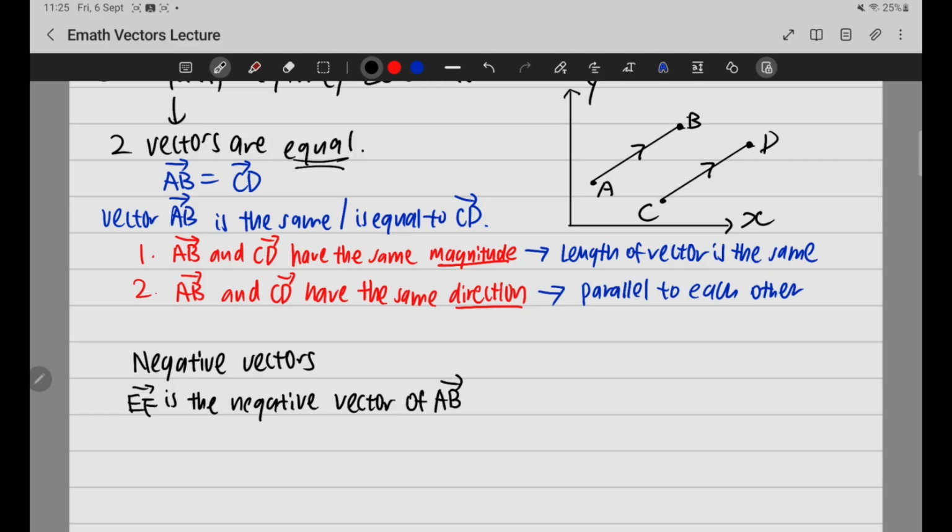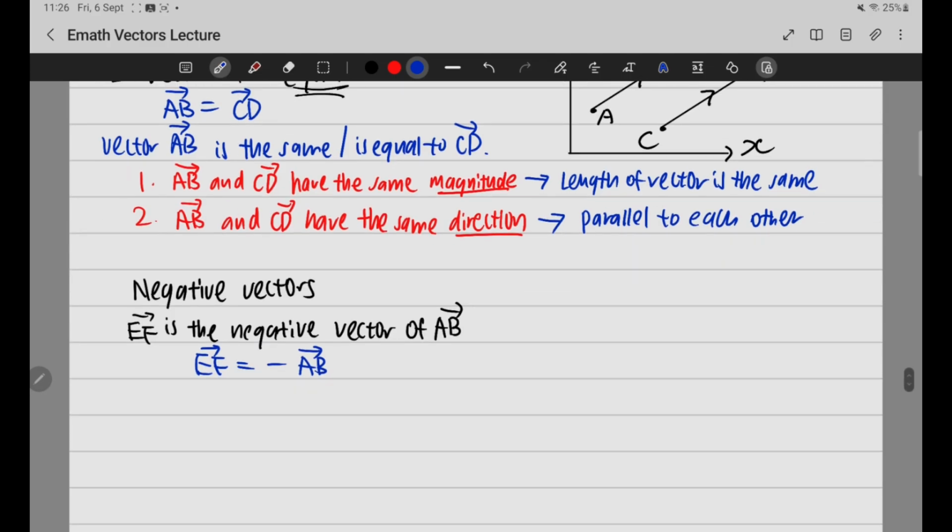Or essentially we can express it as AB equals negative EF. Or we say it as EF equals negative AB. So what does that mean? It means two things again. So it always just comes back to magnitude and direction. It means that AB and EF